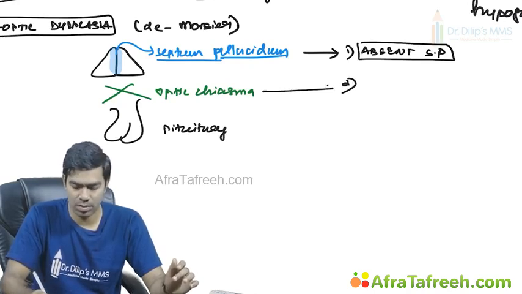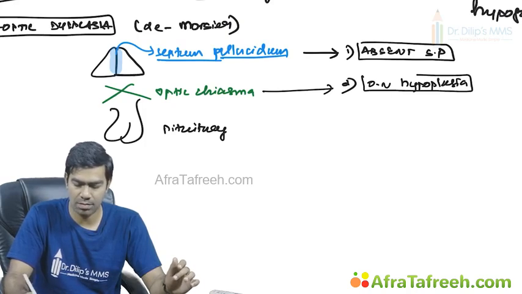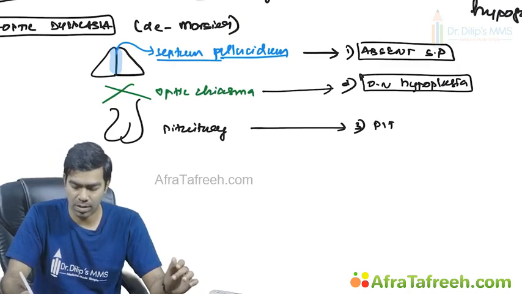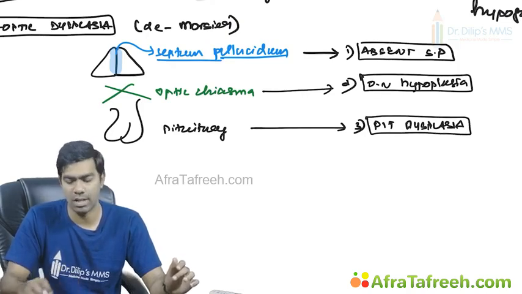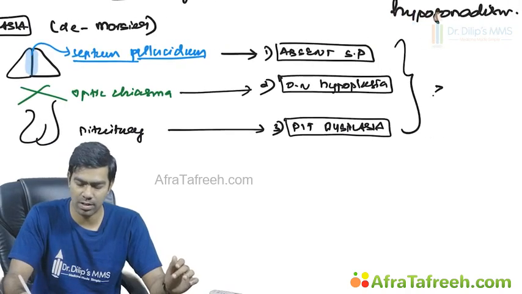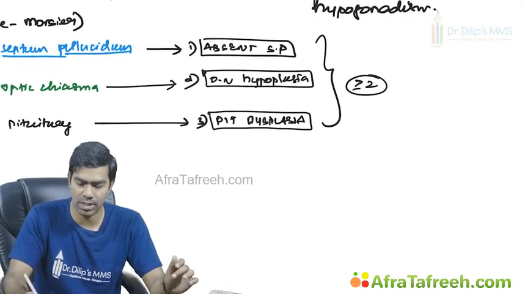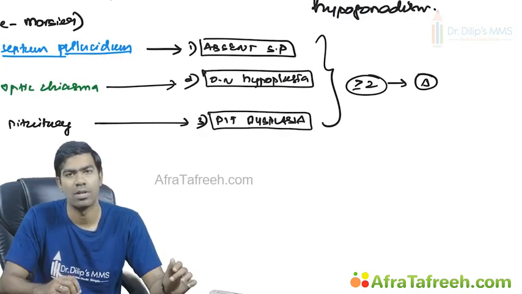Number 2, there can be optic nerve hypoplasia or dysplasia, and the patients can have visual field defects. And number 3, patients may have pituitary dysplasia or hypoplasia. These are 3 important things. Among these 3, if you have at least 2 of them, you will establish the diagnosis of de Morsier